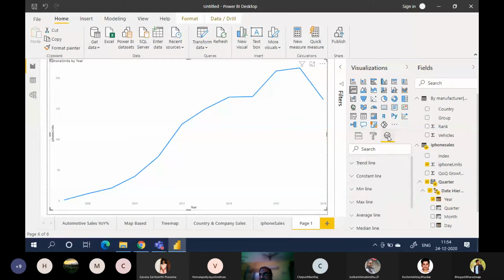Now click on analytics. Click on this analytics thing. At the bottom, last you will see forecast. Click on add.